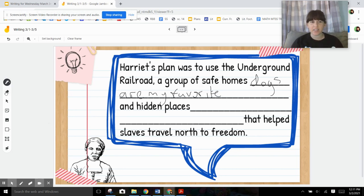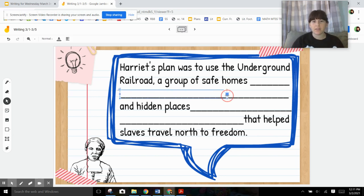The neatest is still pretty sloppy. I can do it on Nearpod, if you put a text in there, it just makes it look a lot cleaner. So if I have my text box right here, I make it the whole length of this line, and I say, dogs are my favorite. It just makes it look a lot cleaner. So I'm going to keep that text box there to add the detail that we're going to add to this